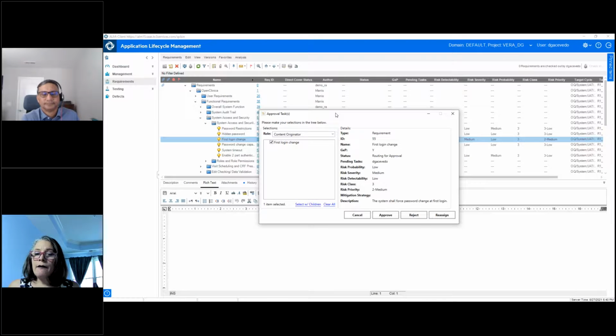So now I have the approval task window. As you can see on the left-hand side, right now I'm only a role as a content originator. If I was in this project as multiple different roles, I might have more options here, like business or quality, to be able to sign for the specific task that was for me and that particular role. For the moment, I'm going to sign as a content originator. Every task has